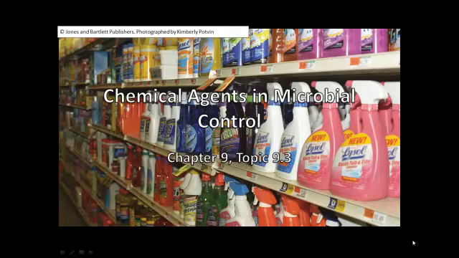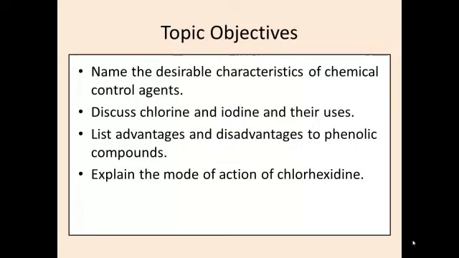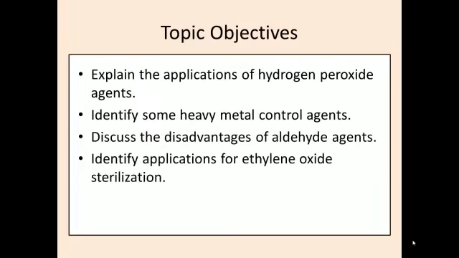Chapter 9, Topic 9.3, Chemical Agents and Microbial Control. In this topic, the objectives are: name the desired characteristics of chemical control agents, discuss chlorine and iodine and their uses, list the advantages and disadvantages of phenolic compounds, explain the mode of action of chlorhexidine, explain the applications of